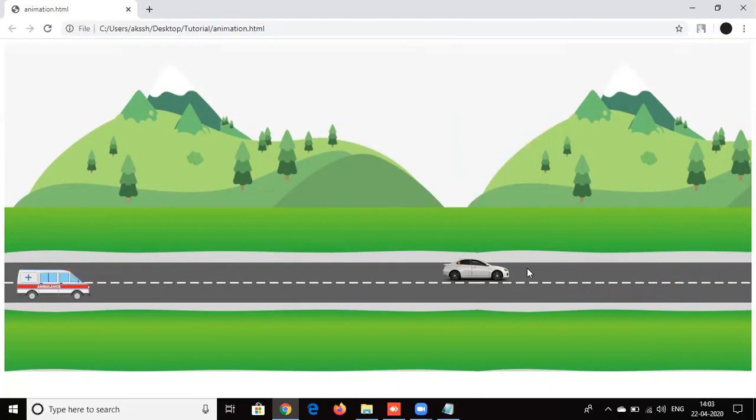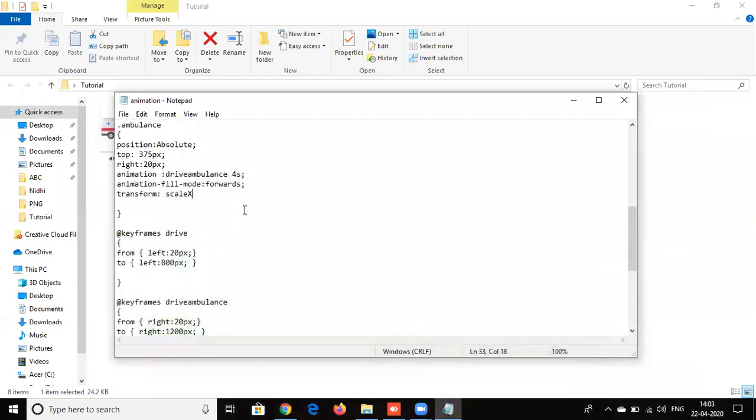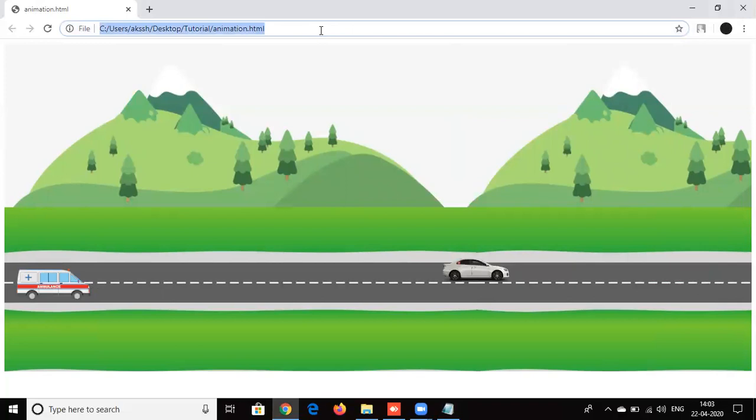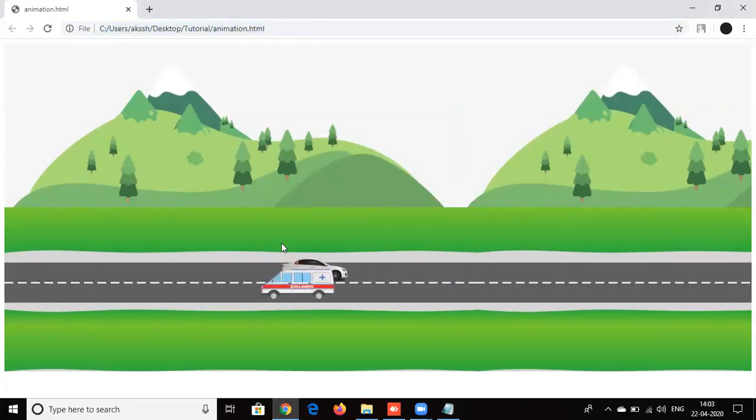If I want to flip from this axis to this axis, I have to do scaleX of -1, and I'll keep this before the animation starts, and I press save. You can see the image has flipped and the ambulance is going over here.